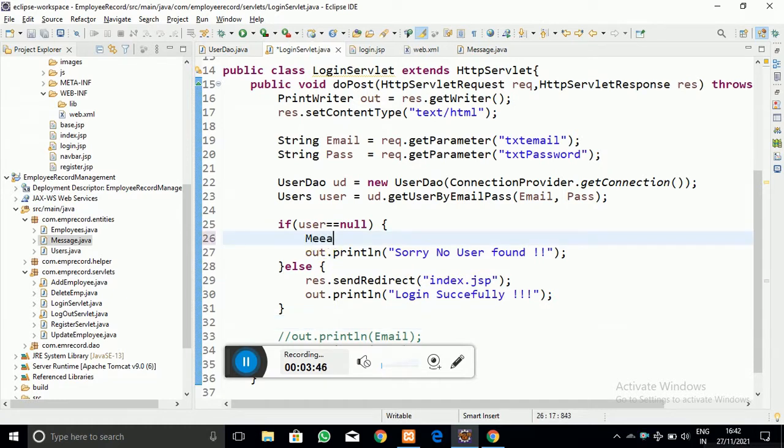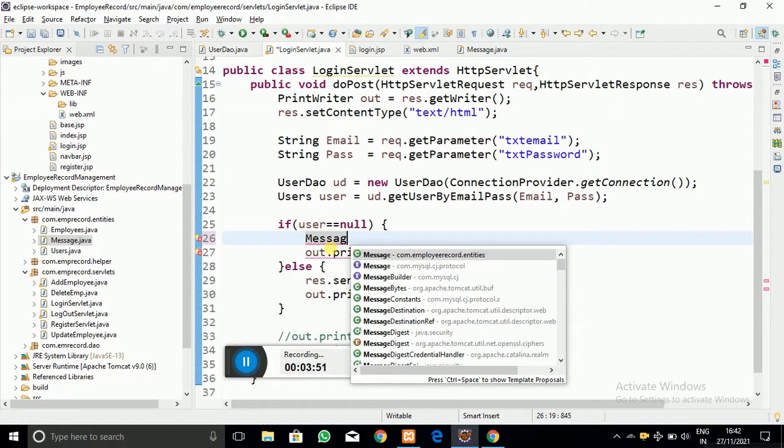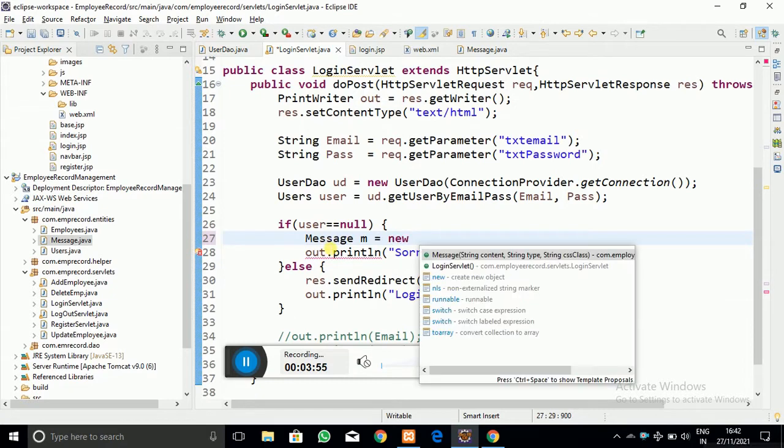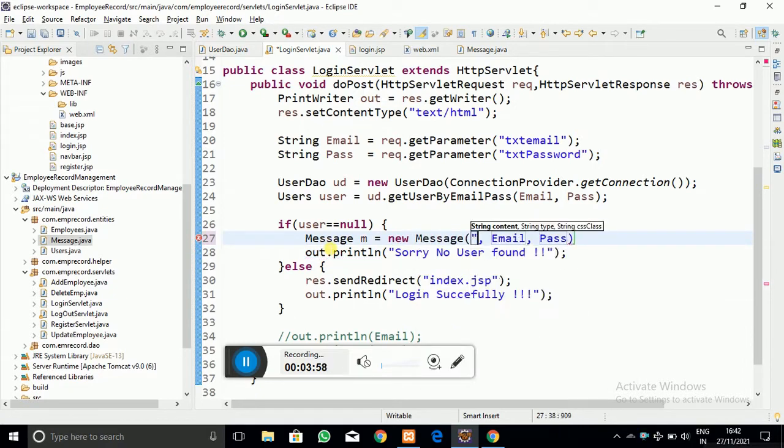So the logic is, after an unsuccessful login, I am going to create the object of the message. I have to create the message object here, and here I am going to write the message content, and the message type, which after an unsuccessful login will be the error type of message.